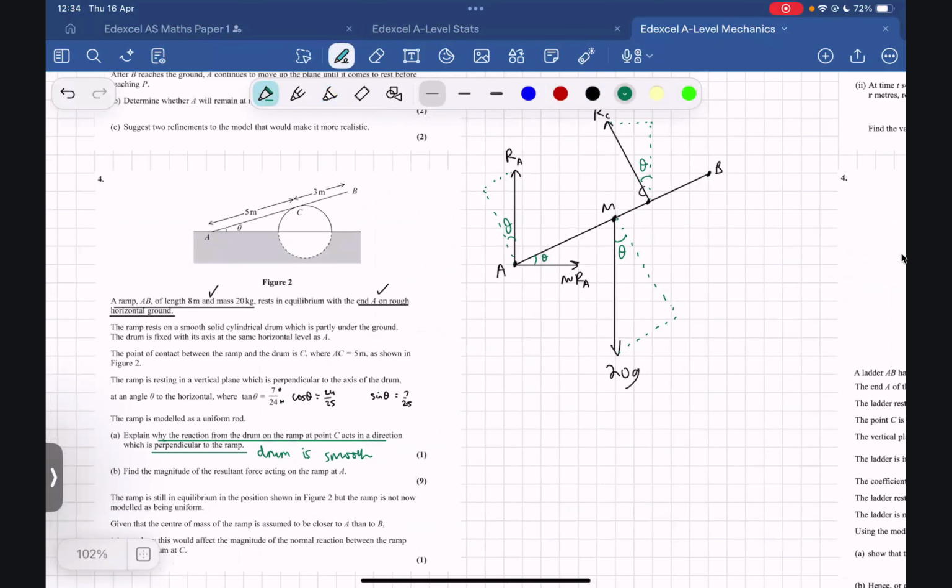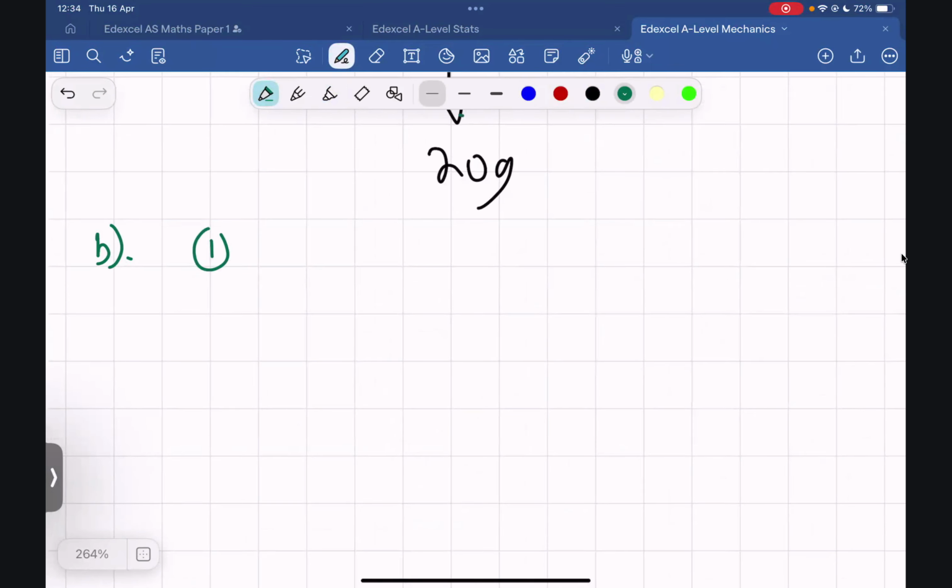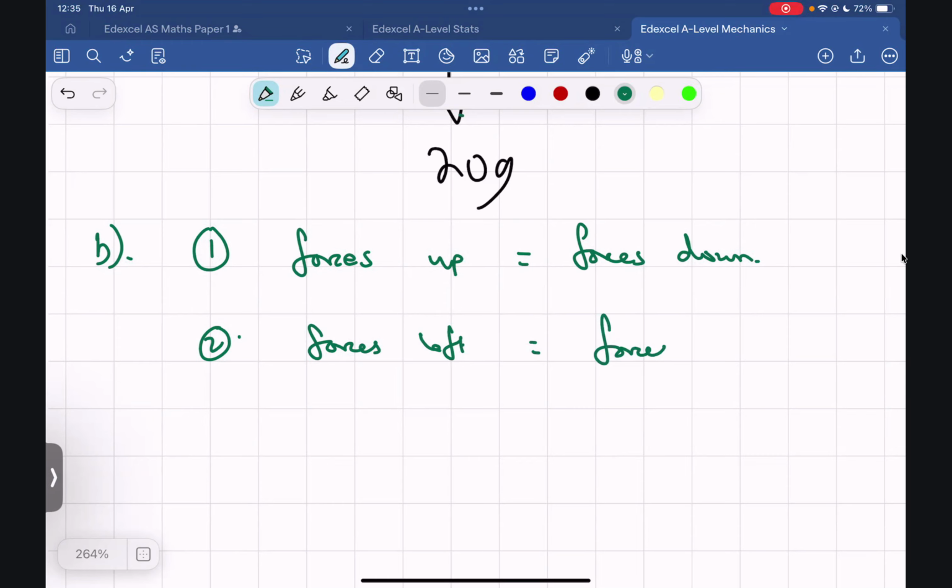Part B is 9 marks. Now listen to the strategy for this question. There's 3 things that we need to do in almost every ladder's question. Number 1 is, if it's in equilibrium, we can resolve the forces up equals the forces down. The second thing we can do is resolve the forces left equals the forces right. And number 3 is we can do the moments